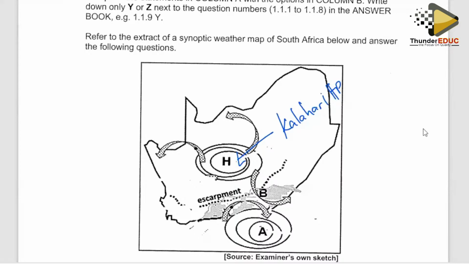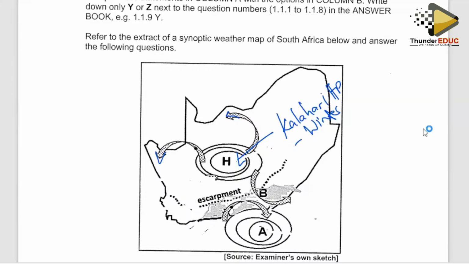The Kalahari high pressure cell is the one that is dominant over the interior of the South African subcontinent. And if we are supposed to interpret in another dimension, we can figure out the season here. We have our Kalahari high pressure cell dominating during the typical winter season. Right. Then we are looking at the air circulation. We see our circulation here is anti-clockwise, indicated by these arrows, which is typical of our southern hemisphere situation. When air is circulating out of a high pressure cell, it circulates in an